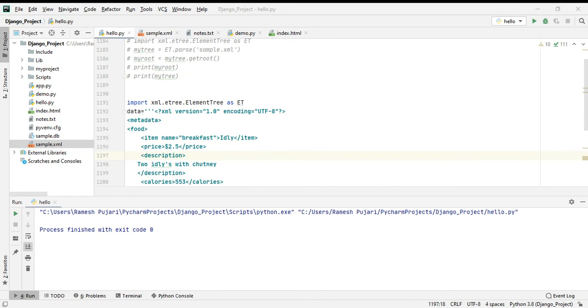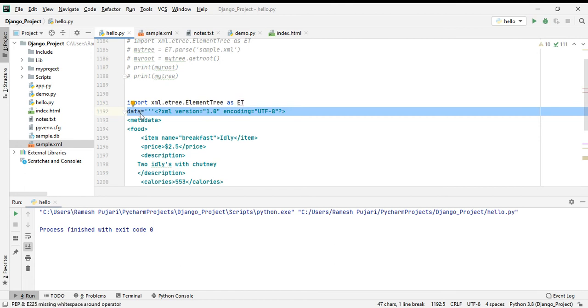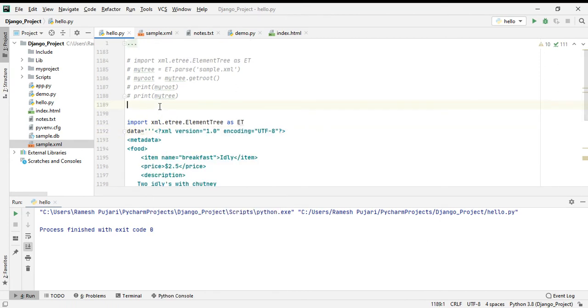So now I will explain with the help of examples. First I have to import the xml.etree.ElementTree module. I am giving it an alias, renaming this whole module to ET. Now this is my data variable, in which I am storing the XML, as I explained earlier. In the fromstring method we have to use triple quotes. Within the triple quotes, whatever you write becomes the XML code, in the form of XML.